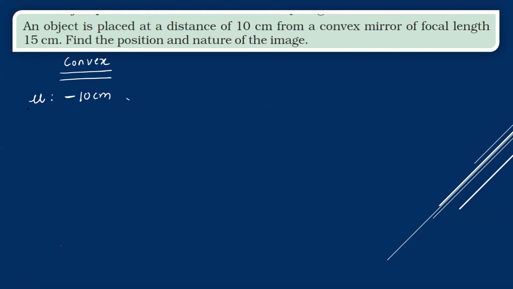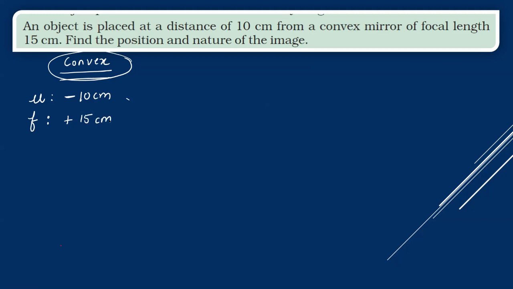Focal length of the convex mirror. Here is the entire game changing part. If you don't consider what type of mirror it is going to be, you will directly write 15 centimeters. You will not take the sign into consideration, but it's always and always important to keep the signs whenever you write the given part. So for a convex mirror, how is the focal length? The focal length is always going to be positive, so write it plus 15 centimeters.